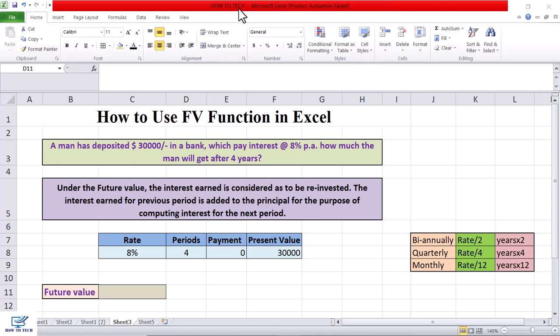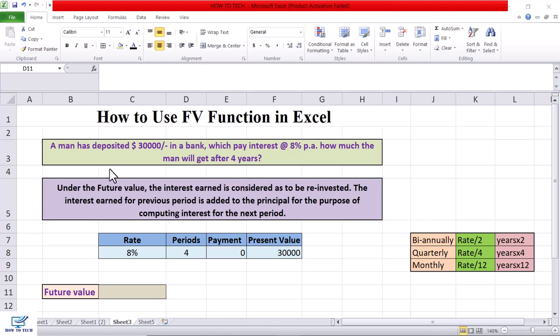In this video, you are going to learn how to use the FV or future value function in Excel. Future value is also known as compound amount, including the compound interest. Under the future value, the interest earned is considered to be reinvested. The interest earned for the previous period is added to the principal for the purpose of computing interest for the next